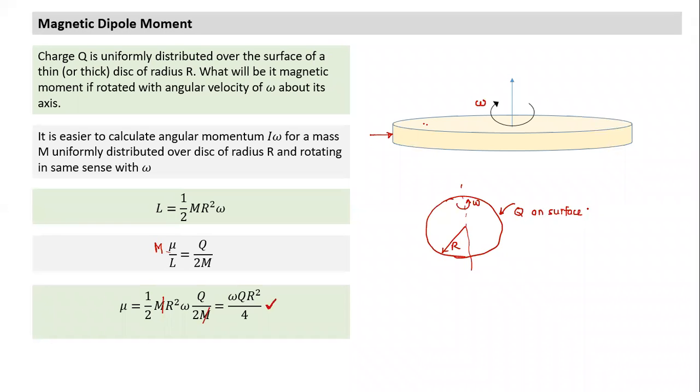What would be the magnetic dipole moment now? Solid sphere, sir? On the surface of a sphere, like a spherical shell, right, sir? Yes, the charge is only on the surface, so mass also should be only on the surface. Can I take solid sphere? No. Mass is in form of a spherical shell. So which moment of inertia I will take here? Spherical shell.